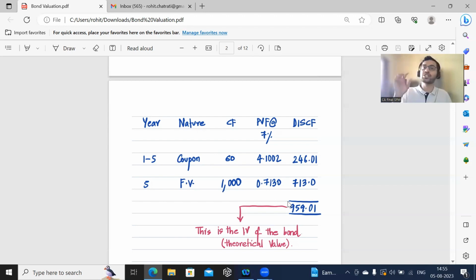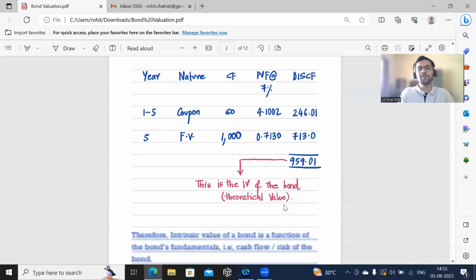On the NSE exchange, you will not see this as the market price necessarily, but this is a theoretical value. This is a value on a piece of paper that you have calculated. All right. Also known as intrinsic value, which I will refer to as IV going forward. So the intrinsic value of the bond is $959. The features of the bond were the face value $1,000, coupon 6%, your required rate of return was 7%, and the discounted cash flow came to $959, which is nothing but the theoretical value or the intrinsic value of this